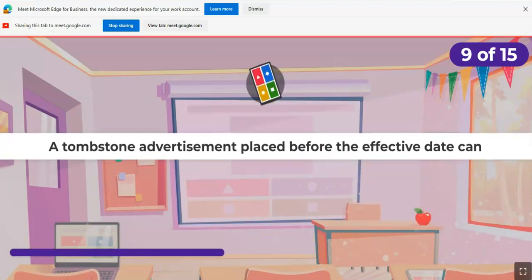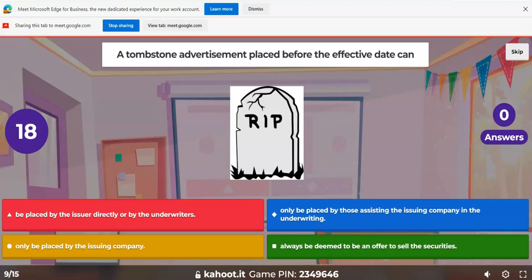A tombstone advertisement placed before the effective date can A. Be placed by the issuer directly or by the underwriters. B. Only be placed by the assistant of the company and the underwriter. C. Only be placed by the issuer. D. Only be placed by the